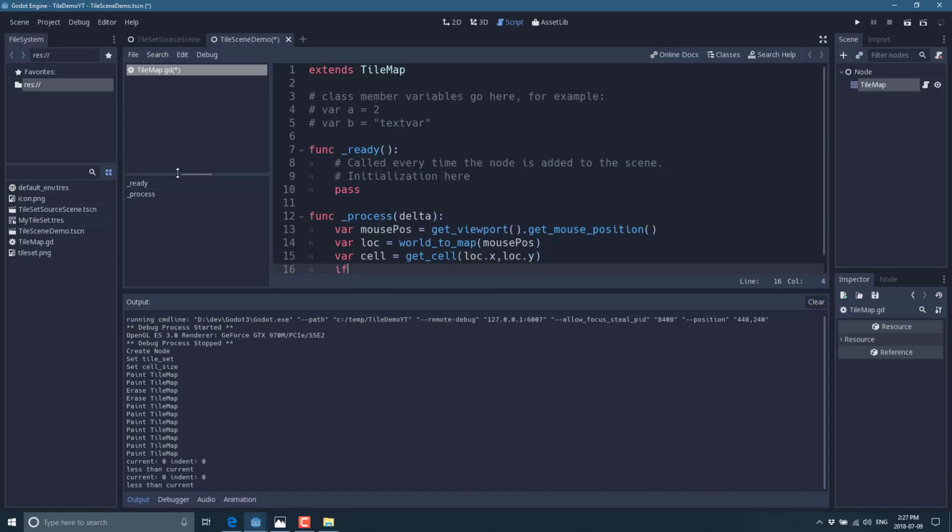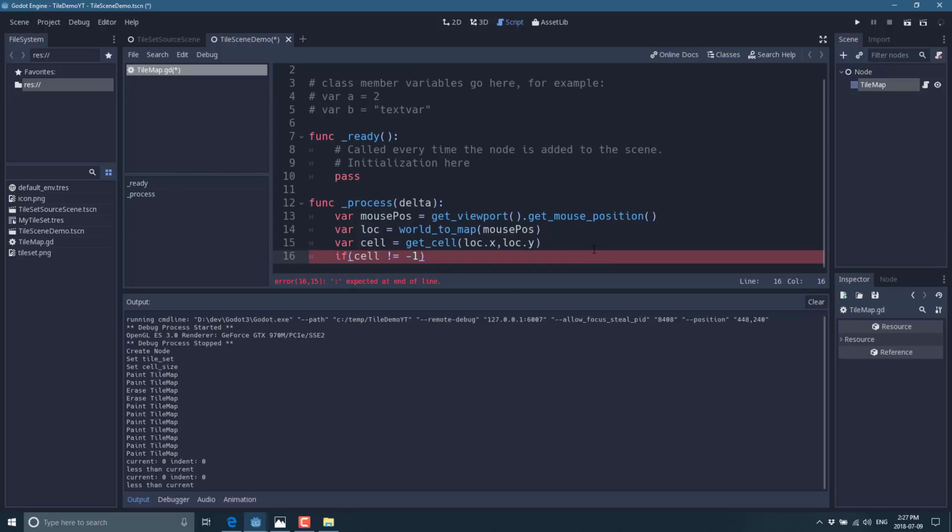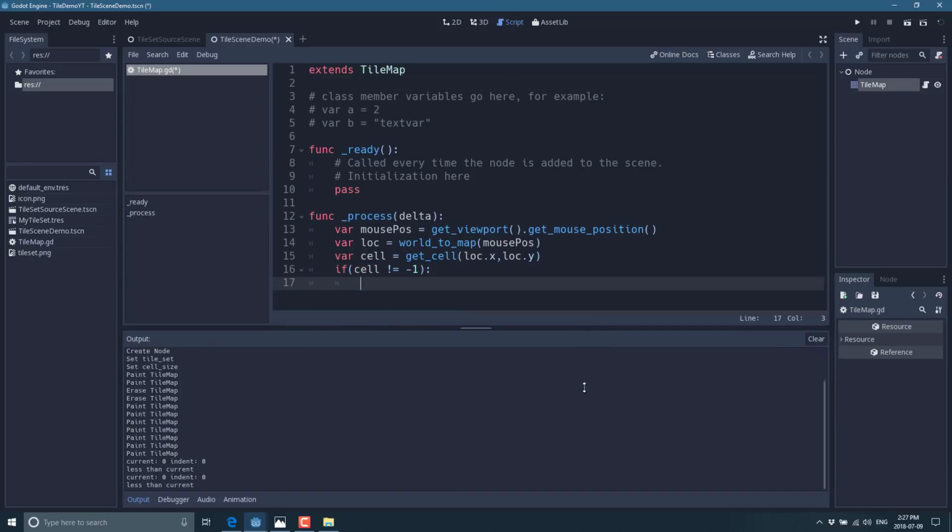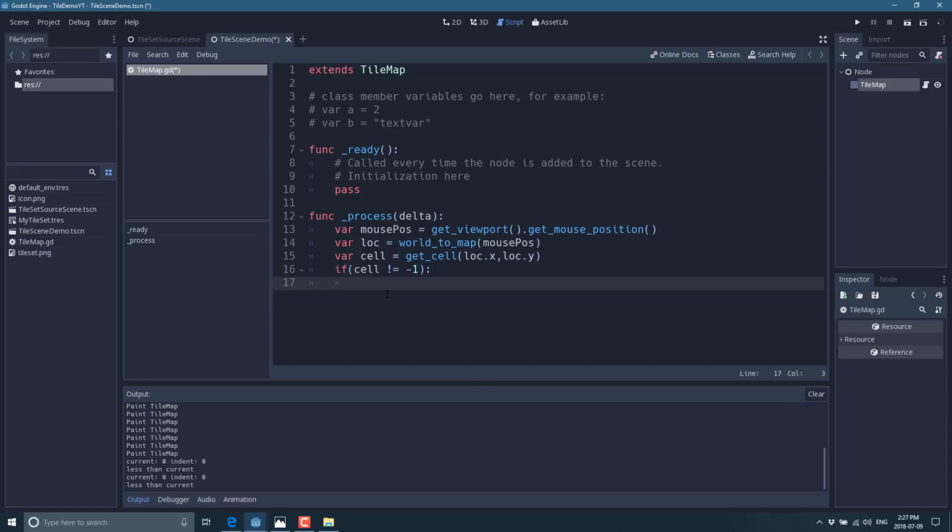And first we will check if that cell is not equal to -1. In other words, if there's nothing there, like so. Let's scroll that down, enter. Then what we want to do, let me just give me a little bit more room on this. All right, so if there is a tile there, we're going to go ahead and just print out what the tile is. So say tile_set.get,